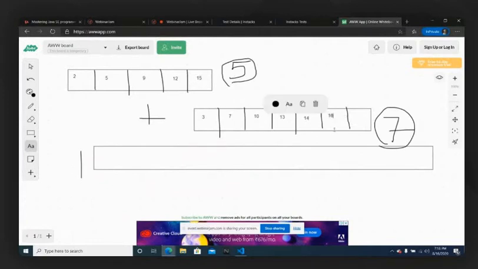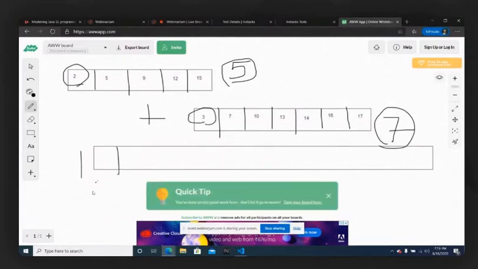Okay, we'll go with 16. Then we'll go with 17. If these are the numbers available, what you have to do first of all, in the worst case, if you want to merge these two, is take the 0th element of both the arrays. Whichever is the lesser element, you will take it in the 0th index.